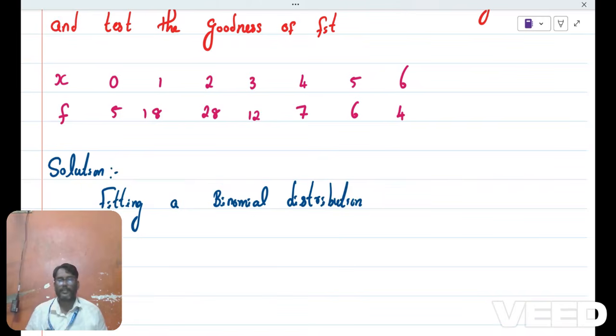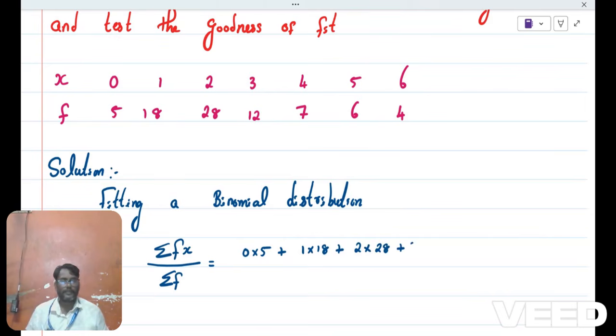For that we need the mean. Mean is equal to sigma fx divided by sigma f, which is equal to 0 into 5 plus 1 into 18 plus 2 into 28